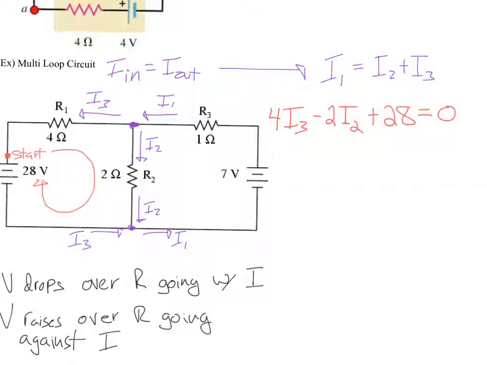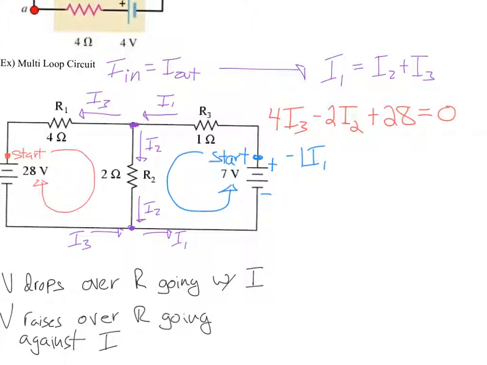We're going to do something similar for the next loop. And from the start point, I'm going to circle around this way. For this battery, minus on the bottom, plus on the top. So for this second smaller loop, from our start point, we go up. First thing we're going to have is resistor 3, 1 ohm, and we're going in the same direction as I1, so that's going to be a voltage drop. So we will have minus 1